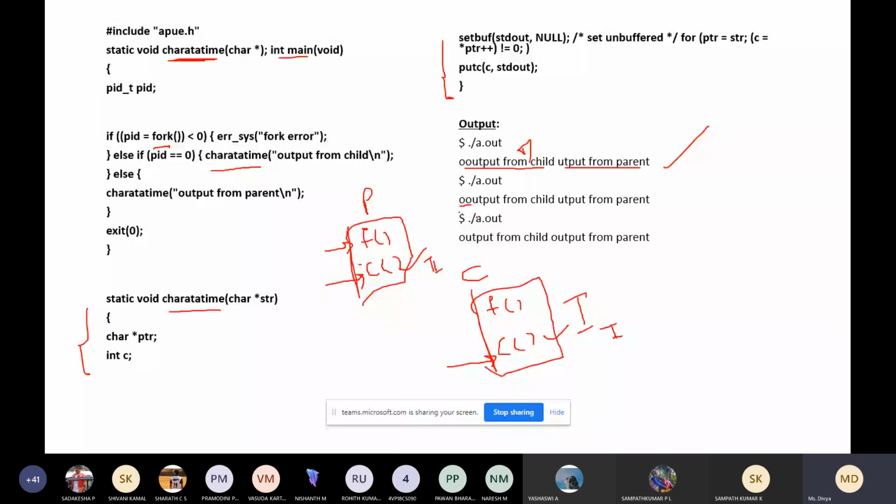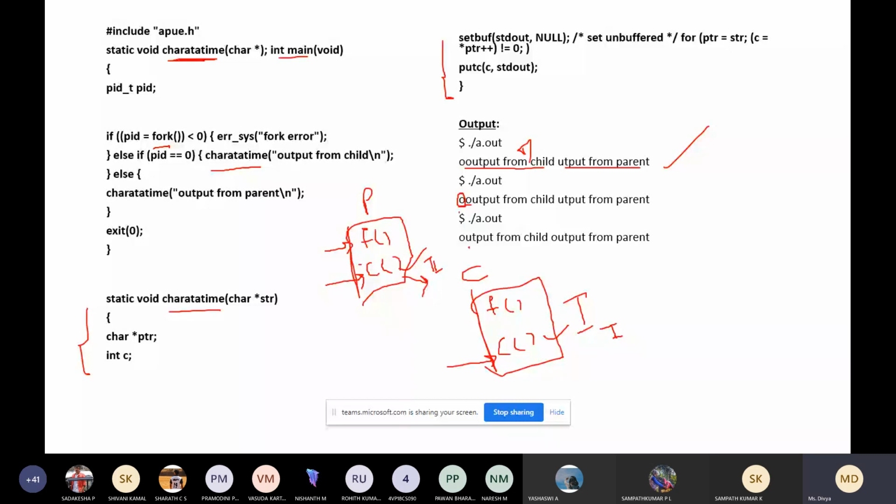So at that time, what will it do? It will print the first O. Sorry, first the parent will be given some amount of time to execute, so it will print the first O. After a certain fraction of a second, the child will be given the priority. So there will be switching between the parent and the child. Some amount of time the parent is given, then the child will be given.